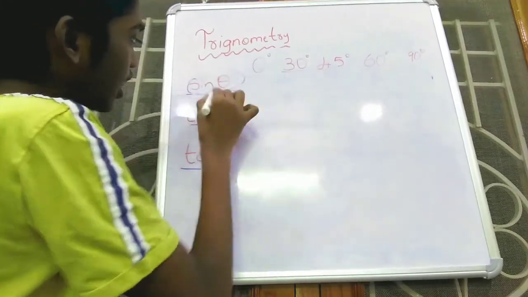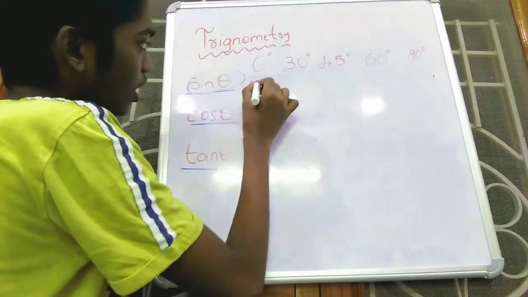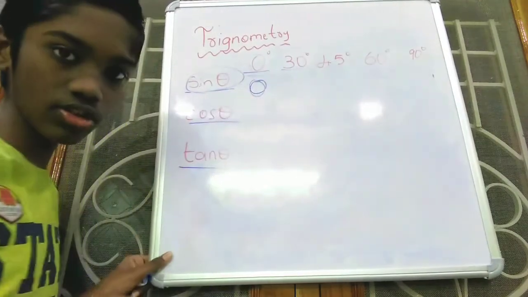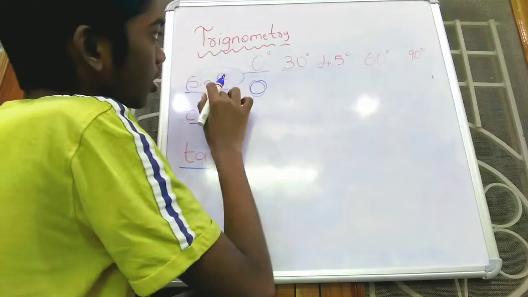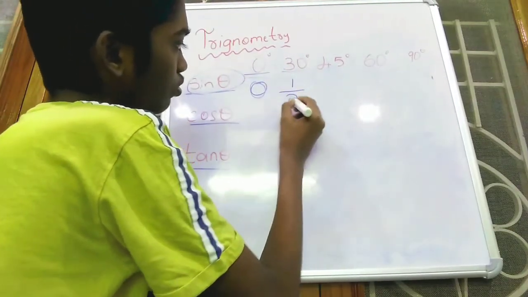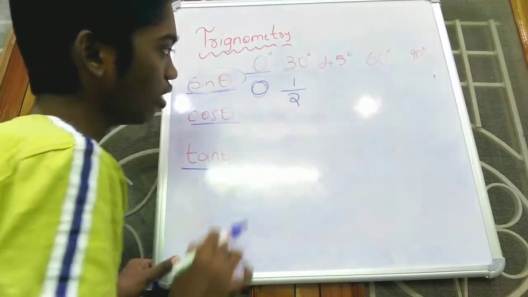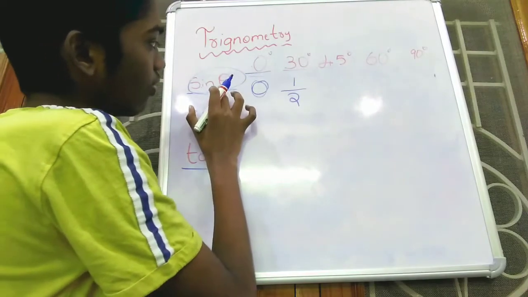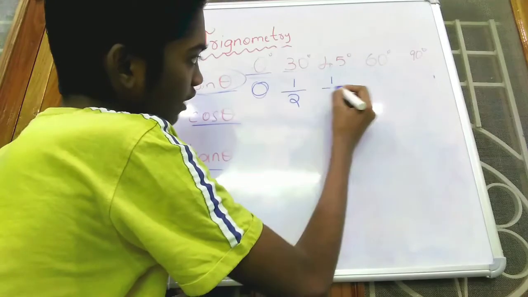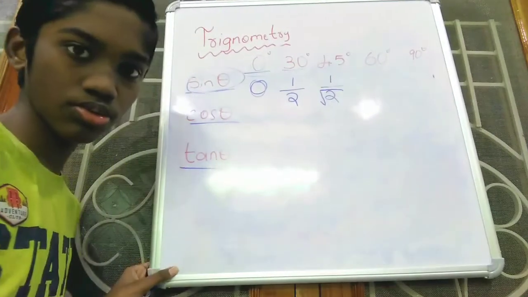First, let us consider sin theta. Value of sin 0 will be equal to 0. As here is the 0, here also will be the 0. It is a trick to remember. The value of sin 30 will be equal to 1 by 2. Here you need to remember that value of sin 30 equals 1 by 2. And coming to sin 45, just write 1 by 2 and put a root to the 2. That is 1 by root 2.